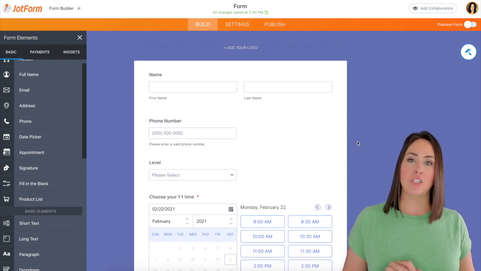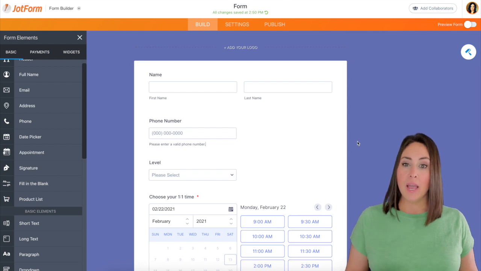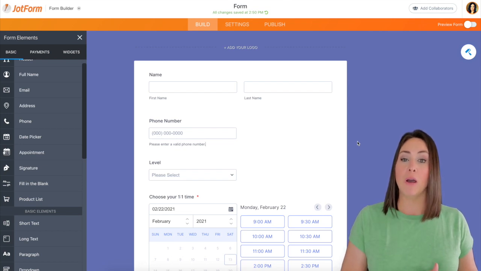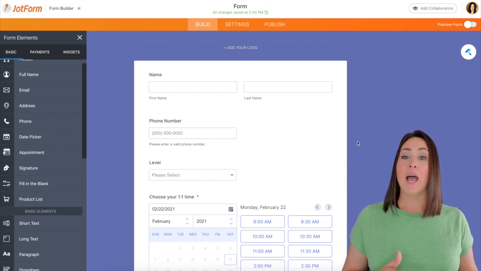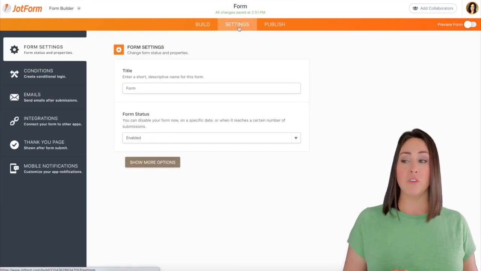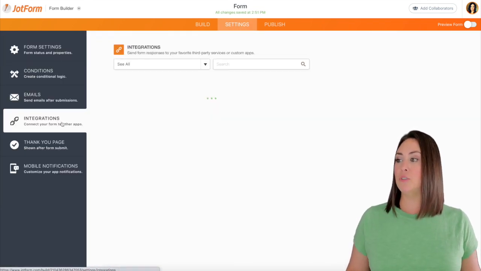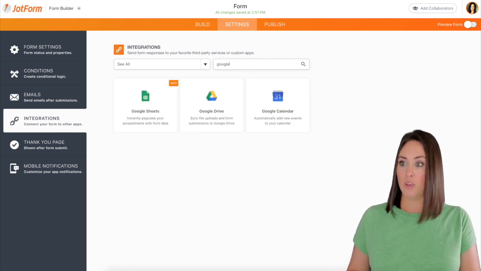All right. Now, one extra step that I want to share with you, that is one of my favorites, is an integration that I have with this. So having them fill this out is one thing, but I want this to show up on my calendar. That way I don't have to really worry about what they do in Jotform or checking my submissions in Jotform. I can just open up my Google Calendar and I can see that I have someone who has booked some time with me. So under settings, I'm going to choose integration and I am going to search for Google